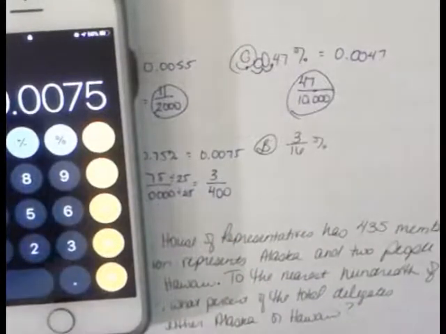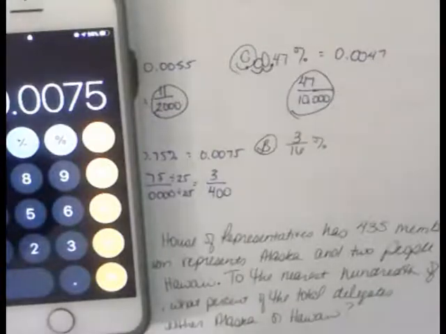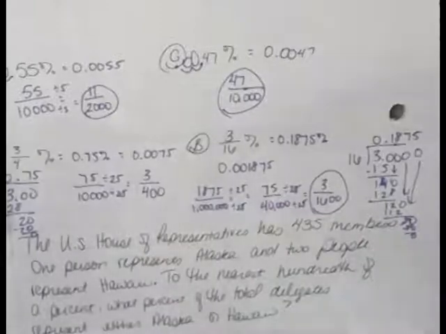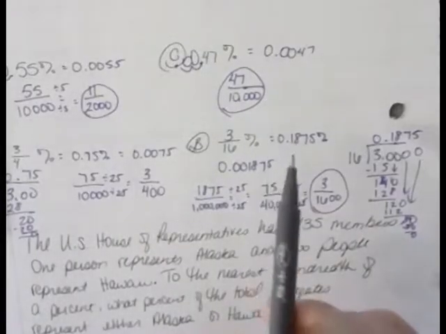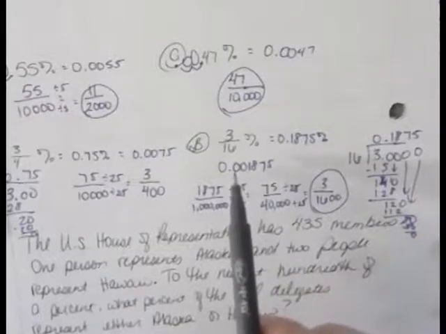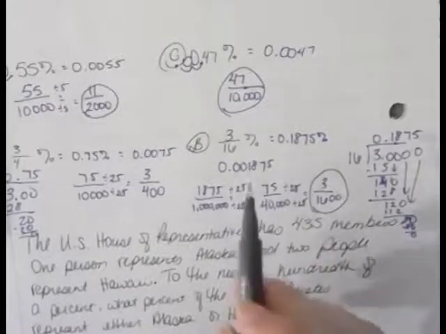Alright, I want you to go ahead and pause this and do B alone. Alright, your final answer should have been 3 over 1,600. So you would divide 3 divided by 16 and get 0.1875%. Change that to a decimal, so you have 0.001875. This 5 is in the millionth place, so it's